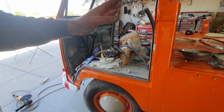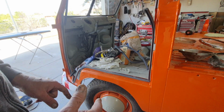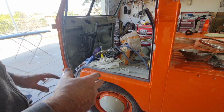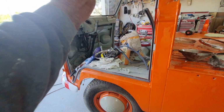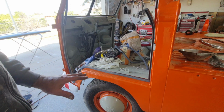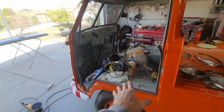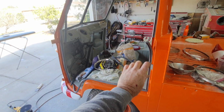You could try and just buy regular square cord too, but the rubber kits you get from Eddie and Dave's garage for the whole door include these seals, and they're cheaper than most places sell for both doors. He sells them for less money than what most places sell one door for. So he sells them about 2 for 1 on that. So if you haven't bought your rubber kit for your door, you might want to consider getting a hold of Eddie, because it includes all the seals for the sliding stuff,